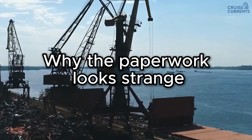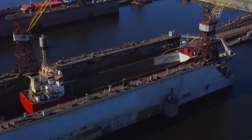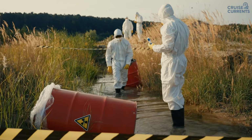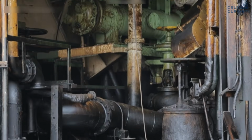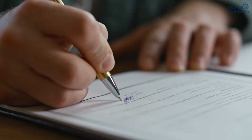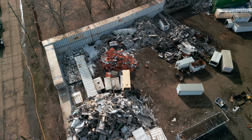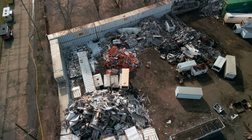Why the paperwork looks strange. Part of it is simple cost. A dry dock is expensive to run at this scale, while beaching costs almost nothing. But part of it is legal maneuvering. In much of the developed world, exporting hazardous waste is heavily restricted, and an old ship full of asbestos can legally count as exactly that. So, a shadow industry exists around it. Cash buyers who purchase retiring ships, re-register them under flags of convenience from countries with minimal oversight, and resell them into the scrapping market, quietly severing the legal link between a famous brand and wherever its ship actually ends up